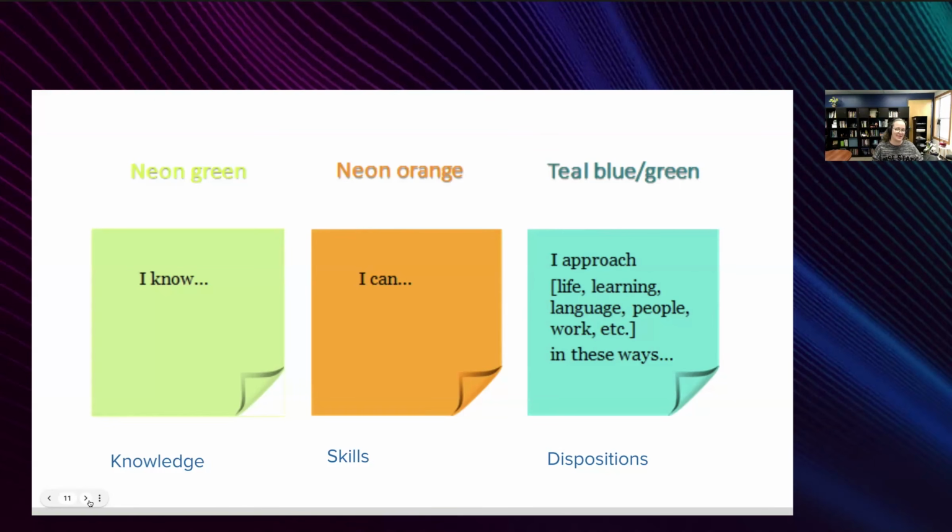So we'll just give you a minute or so. And this could be for anything, right? In student affairs as well. I can imagine students having acquired a lot of dispositions.